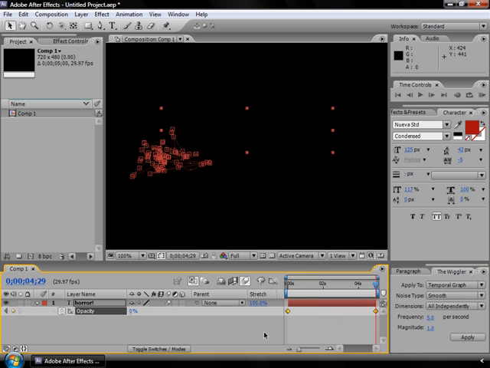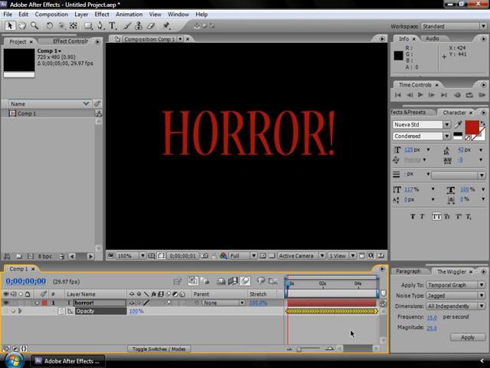So let's hit Control Z to undo that one more time. Now let's take the magnitude up a little bit. Now let's change the noise type from smooth to jagged. Now let's take up the frequency from 5 times a second to maybe around 15 times per second. Now let's click apply. Now let's hit the home key. Now as we preview this,